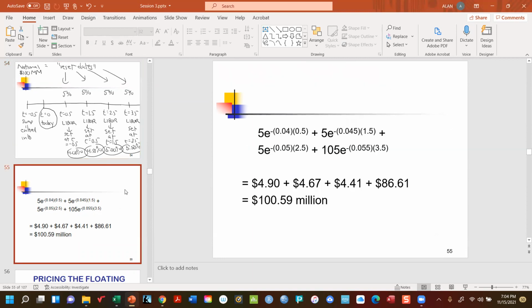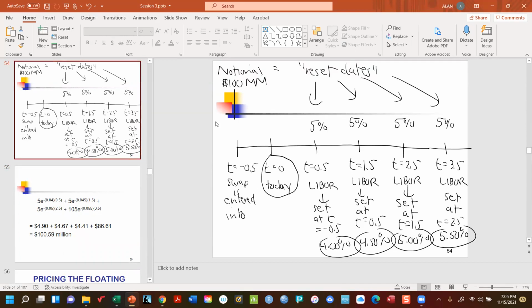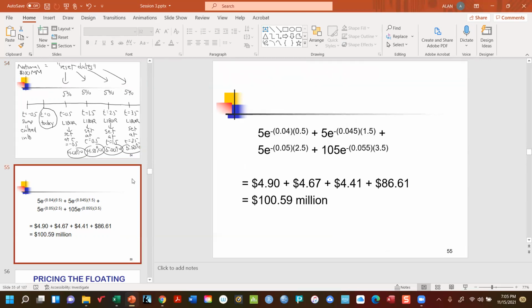And by the way, 5 million is the coupon. So wait a minute, hold on a second. Oh, no, this is the fixed rate side, sorry. So the price of the fixed rate cash flows